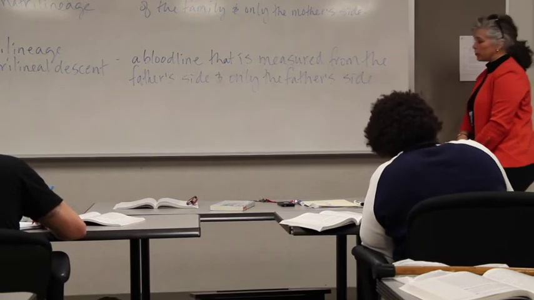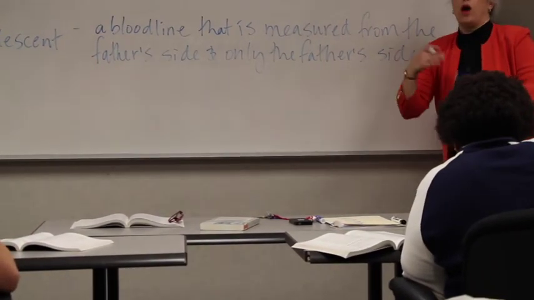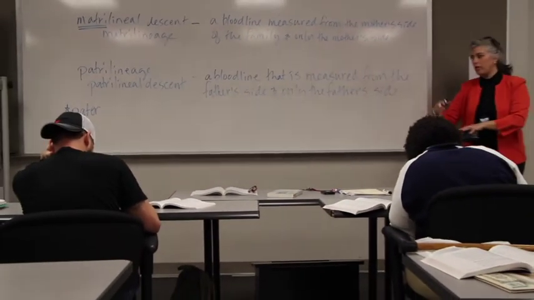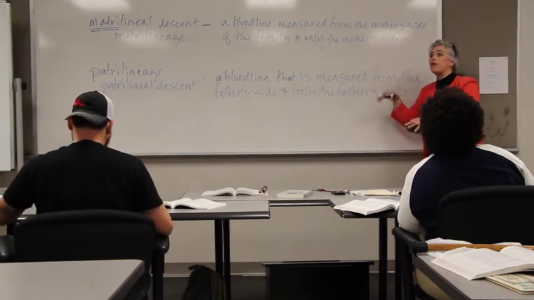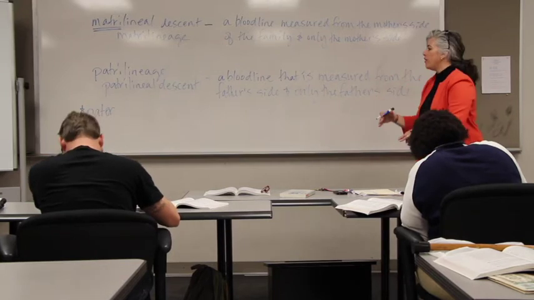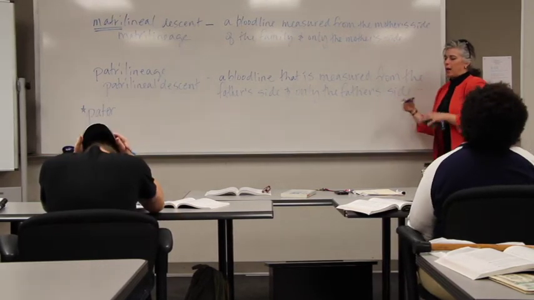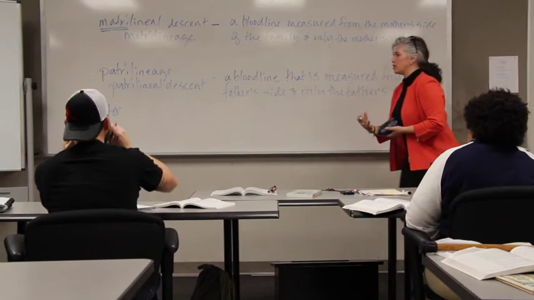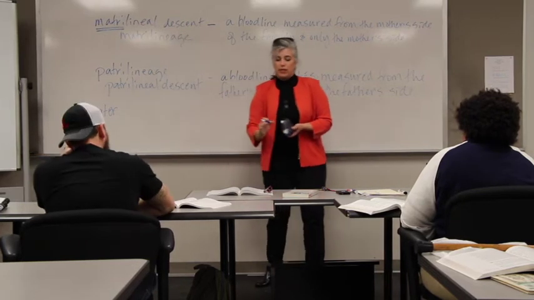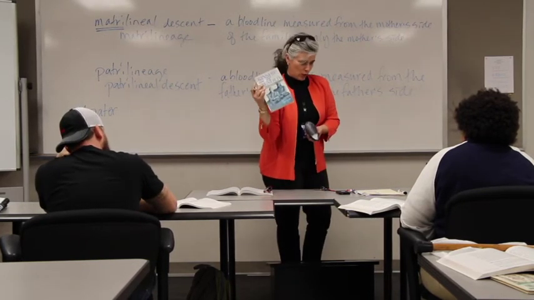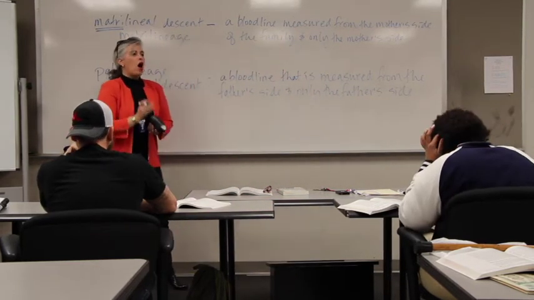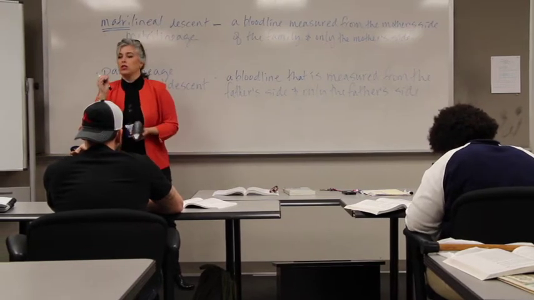And just like I told you with matrilineal descent, males and females both are related to each other through a father's bloodline. So even though this sounds androcentric or male-centered, there will be females in this picture once we start drawing these pictures and identifying who's related to whom. There are females in this picture, okay? And I'm putting emphasis on this when I mention it to you because I've noticed in the past, I've been doing this a lot of years. I haven't been teaching kinship and gender as long as the lady who wrote this book has, but I've been doing it almost as long. And in my experience, students have a hard time remembering those words that just came out of my mouth.